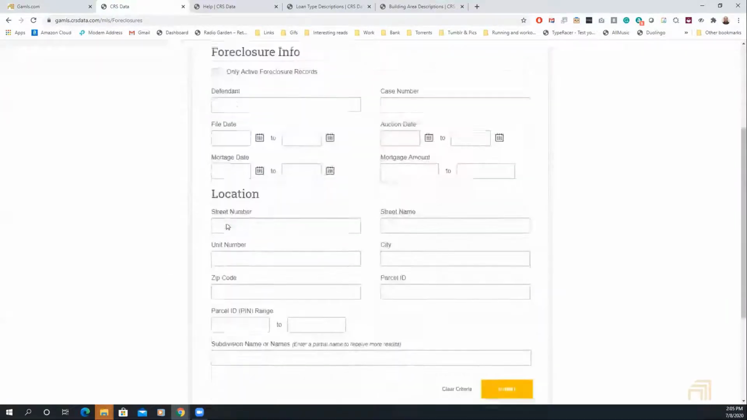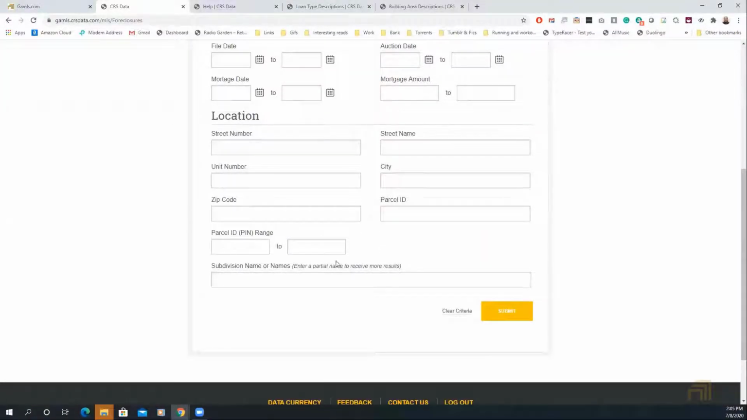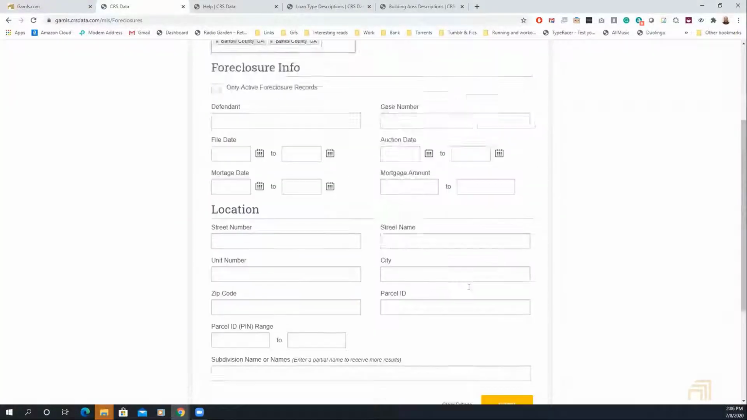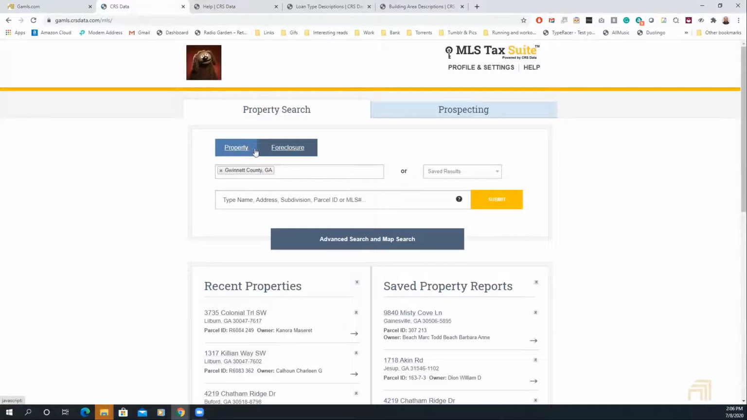You have the ability to go through and enter in that information, whether it's the case number, the defendant, the location for that property, the parcel, the PIN, the subdivision name, and things of that nature. As you go through, once you click search, it'll pull up all the properties that meet that criteria. Keep in mind, if you're looking to do just a general property search and not looking to do a dedicated foreclosure search, if you happen to pull any properties in that property search that also happen to be foreclosures, you're going to be able to see that because they'll be denoted by an icon that'll show you here in a